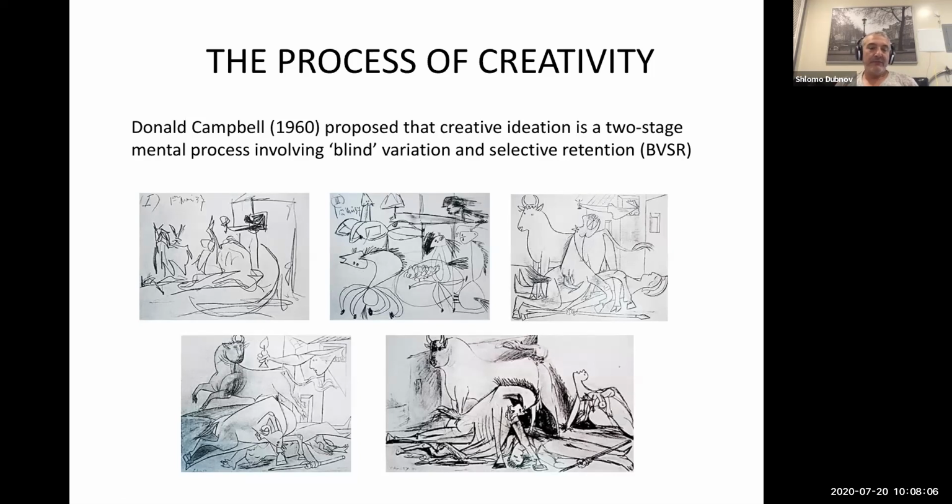So the naive way for me to connect this with what we are doing would be, yes, if you have a generative model that can do the blind variation, which means you bang your random number generator and get more and more instances of maybe some abstract idea. And these are the realizations of possible variations.